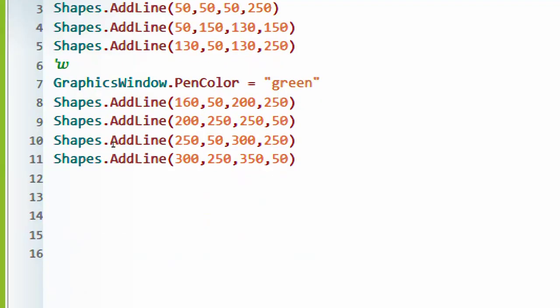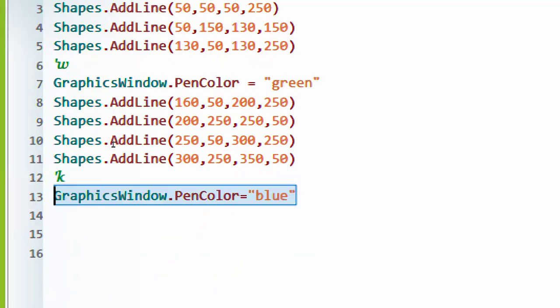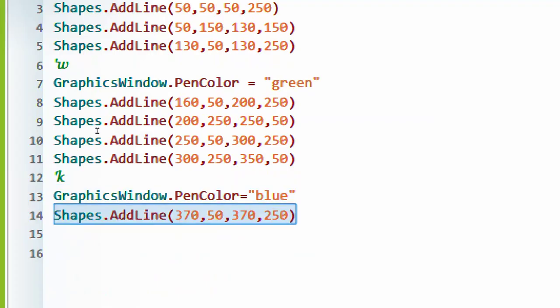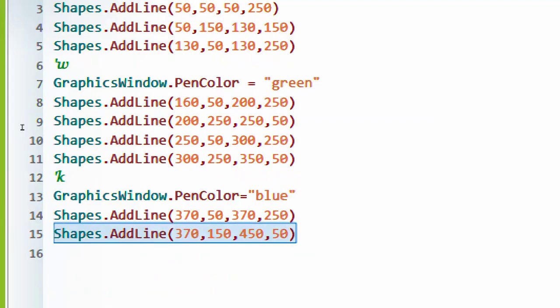Now what about the last one? K shape, okay? So the first line of the K. K needs 3 lines. So for the first line, we don't change the color because this is green. If I'm not changing the color, it will give the green color. Okay. Now typing another line, that is Shapes.AddLine 370, 50, 370, and 250, because we have to draw the first line. The second line gives the angle like this. And